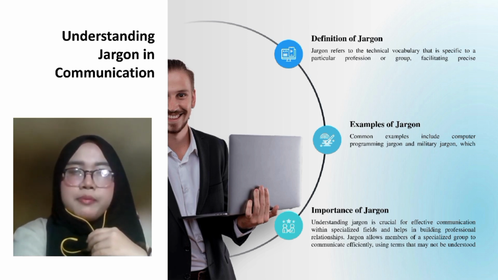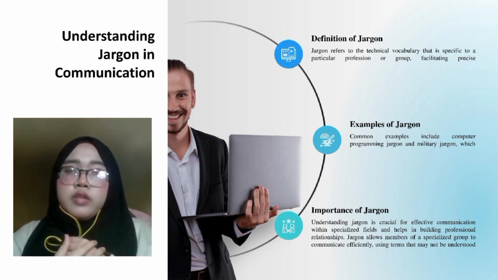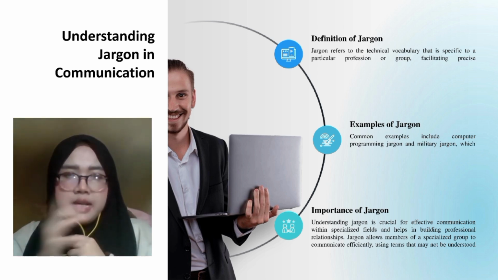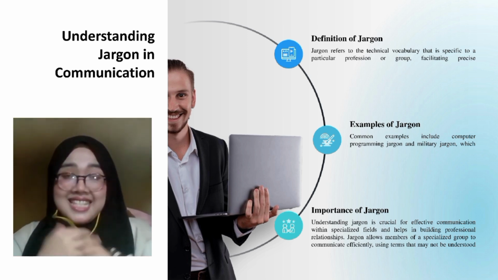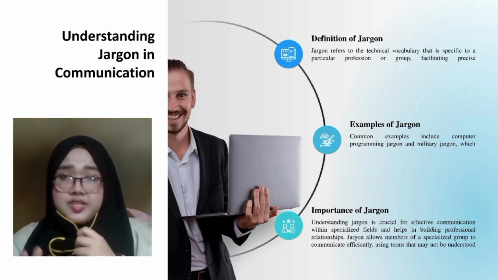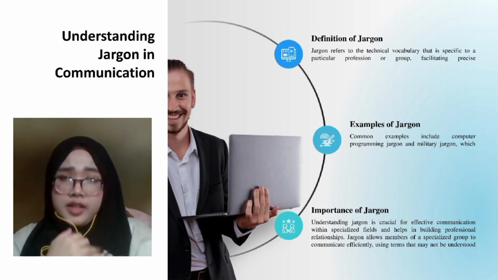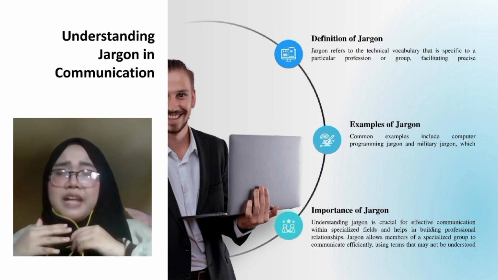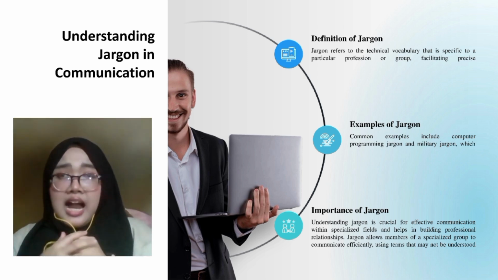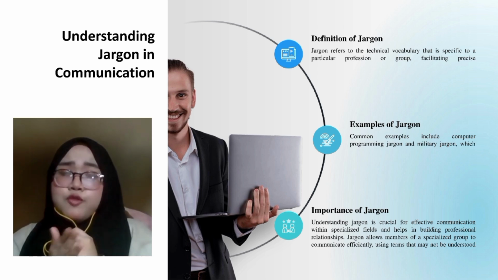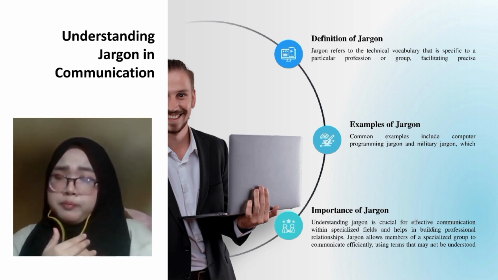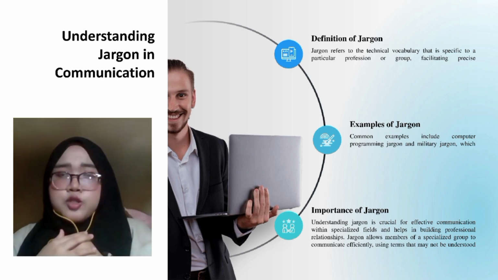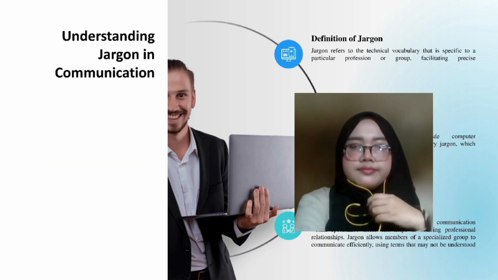Let's talk about jargon. Jargon is a type of language used by specific professions. For example, programmers use words like debug or syntax error that only other programmers really understand. Jargon helps people in the same field communicate quickly and clearly. You will find jargon in many fields like the military or computer science. It's very useful within those fields but can be confusing for outsiders. Understanding jargon is important if you want to join a specific professional group. It shows you belong and helps you speak more efficiently with others in that field.